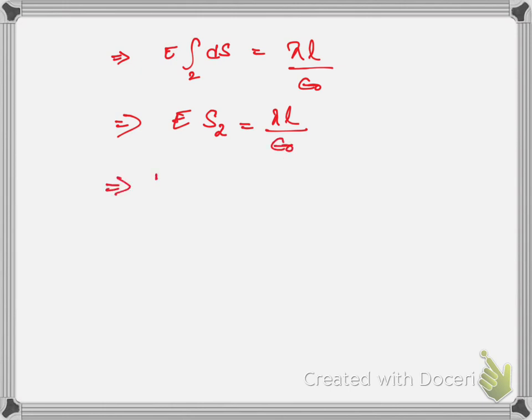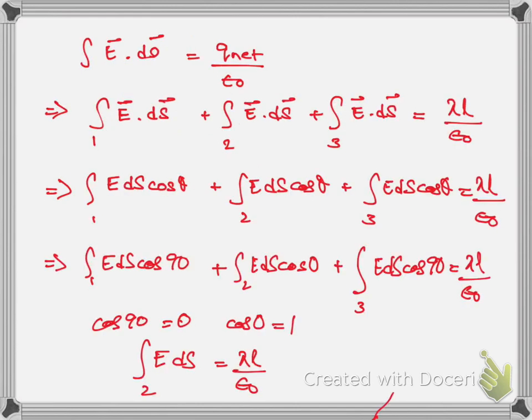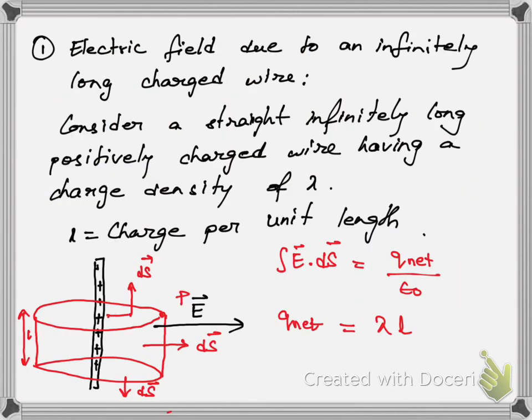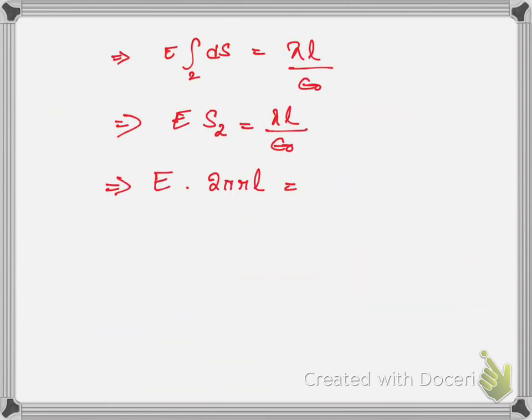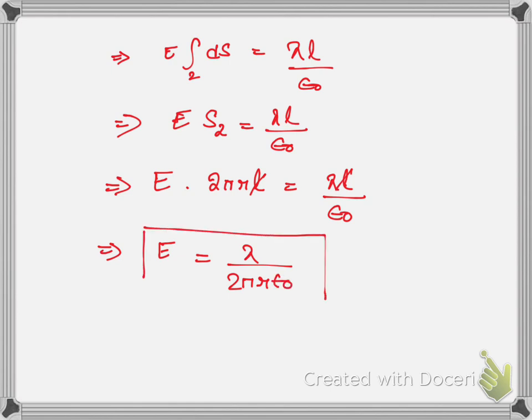Now we know that the curved surface area of a cylinder is given by 2 pi r L, where r is the radius of the Gaussian surface. Basically, r is the distance of the point from the system of charge. So E into 2 pi r L is equal to lambda L by epsilon naught. So from here we can cancel out L. So E becomes lambda by 2 pi r epsilon naught. This is the expression of electric field due to an infinitely long charged wire. And from here we can see that E is dependent on the radial distance